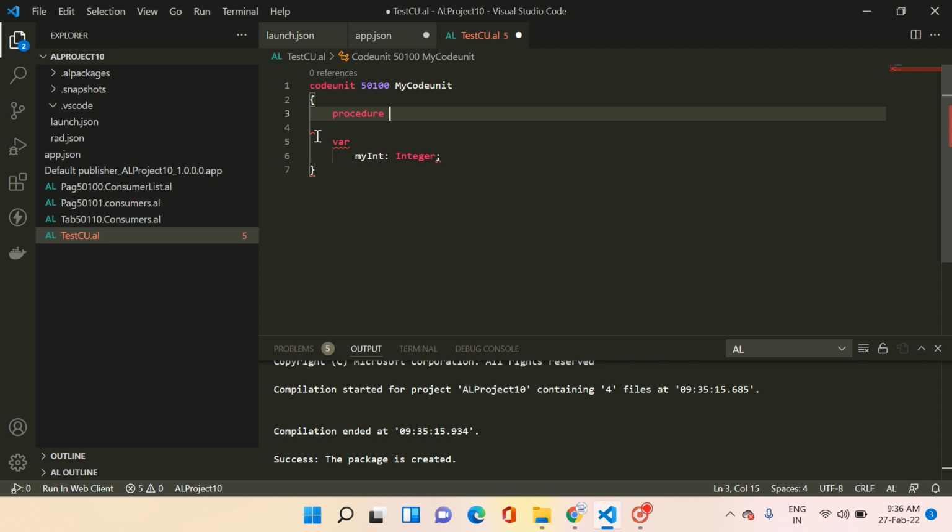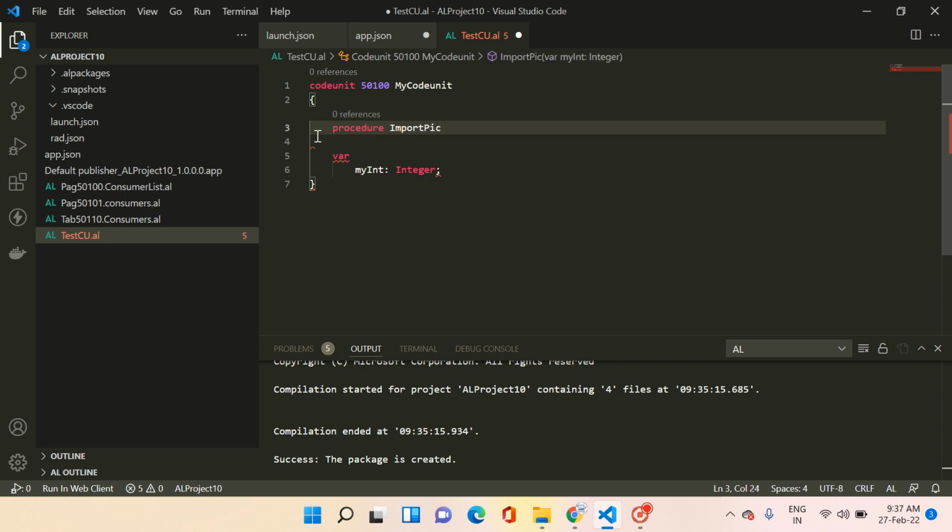Let's assume that we have to create an item in our Business Central, and with each item, it is our responsibility to upload one image of that item. Let's consider that the image is currently available on your local machine, on which you as a user are working. How will you access that particular image in your file system, and how can you upload it to the Business Central SaaS version? Let's see that. So let's create one function called import pic,